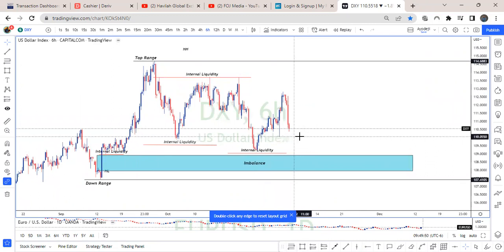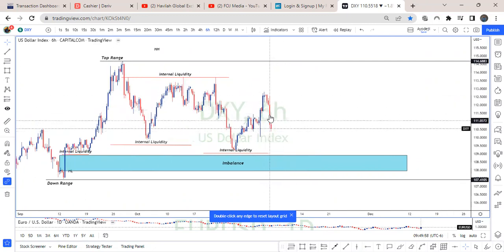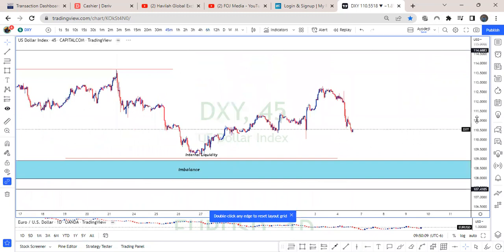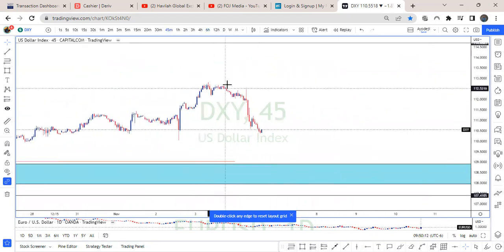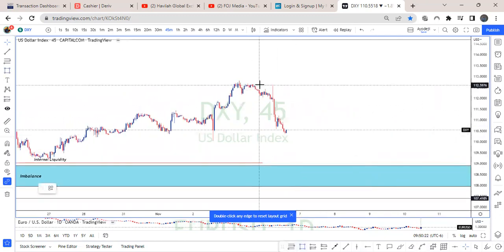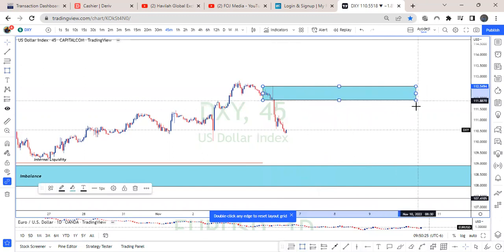So for maybe Monday or Tuesday trade, you may look out to continue selling in DXY down to this zone. So let's see if there's any play here that has not been mitigated. So high, low, high, break of structure. There was a retest down here. So you may look out to continue to sell DXY from this zone, because DXY is likely to come back here.